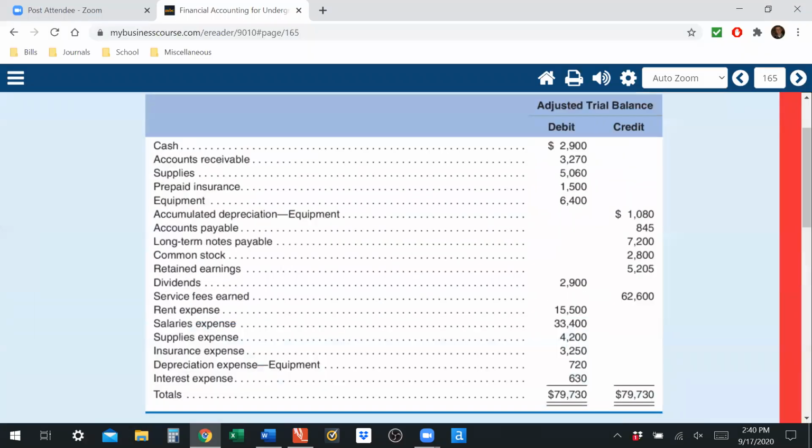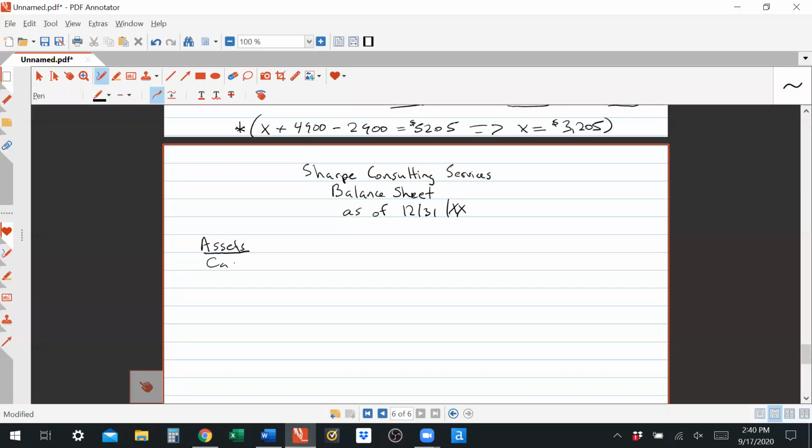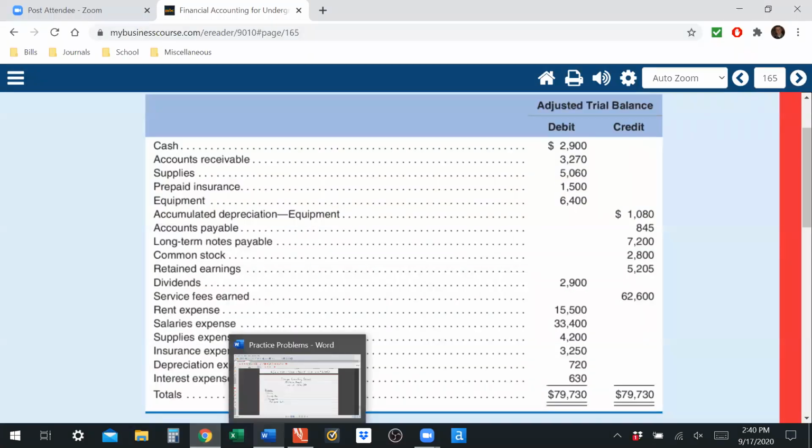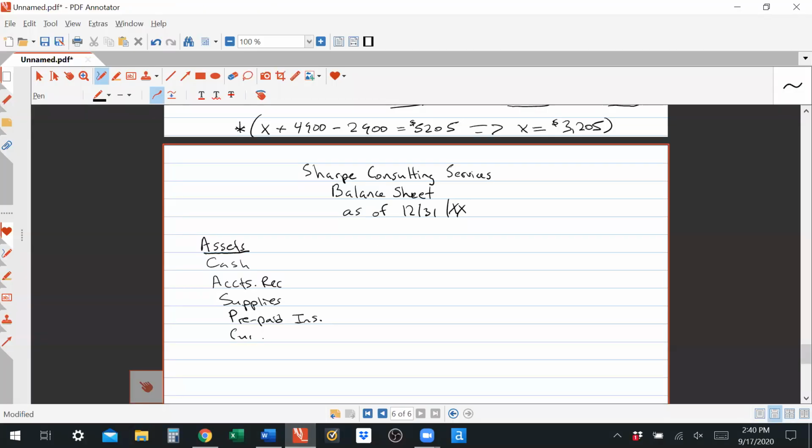So we're going to have cash, accounts receivable, supplies, prepaid insurance. These are our current assets. Then get a subtotal. Then list our long-term assets, which would be the equipment,